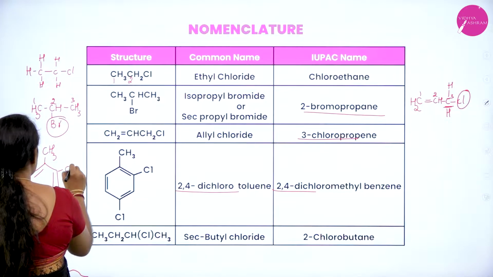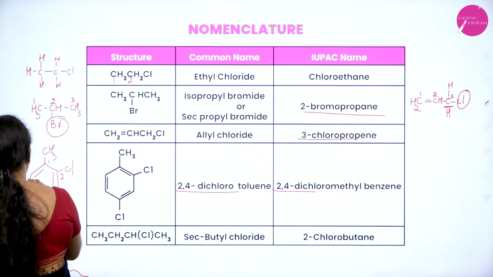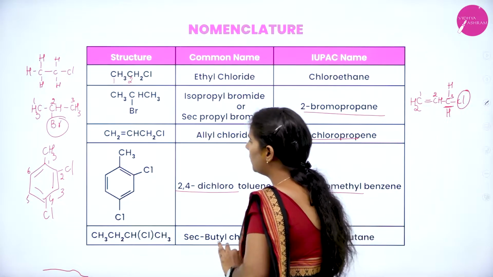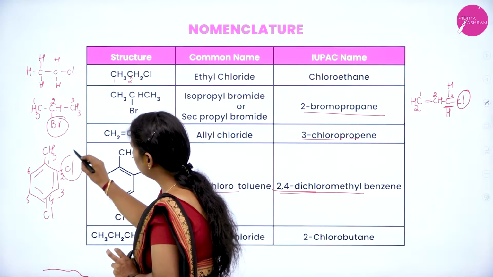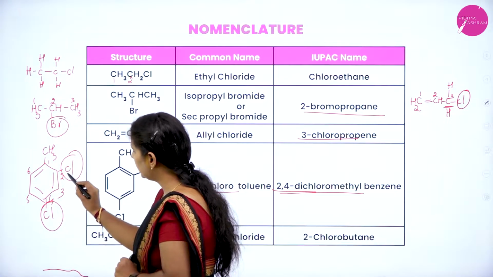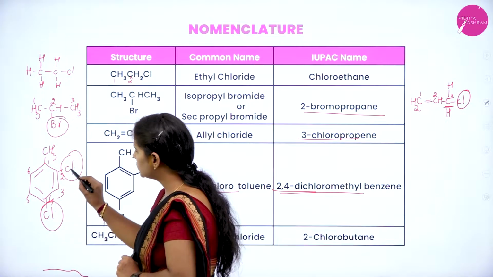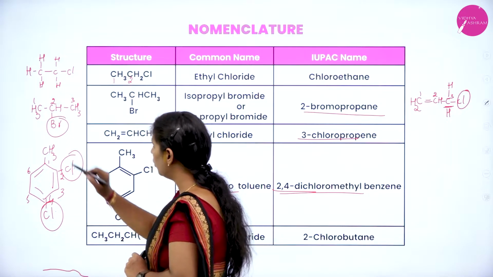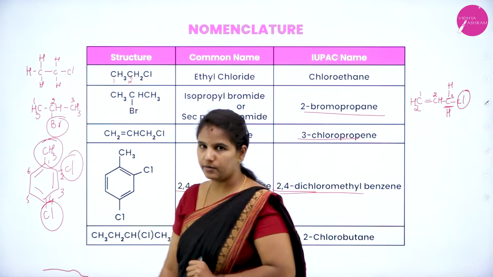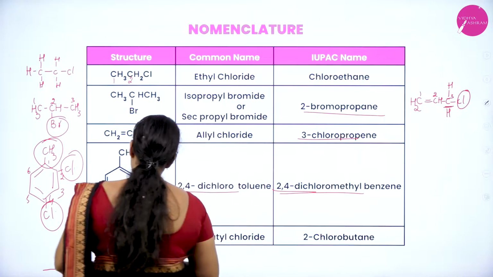CH3Cl and Cl. Now you count the number of carbon atoms. So it is 2,4. You can see that to the second and to the fourth carbon atom, this chloro group will be attached. So it is 2,4. How many chloro groups have been attached? 2. So it is 2,4-dichloromethyl benzene. You can see that this is the first carbon atom. So it is 2,2-dichloromethane. We have a last example,